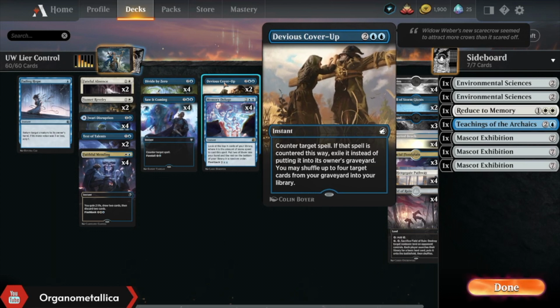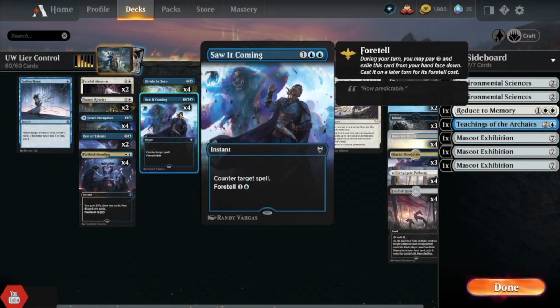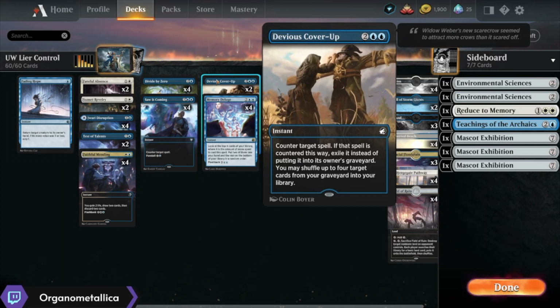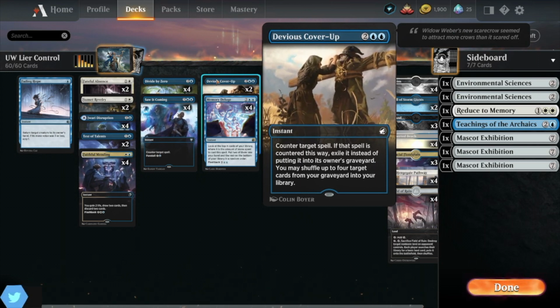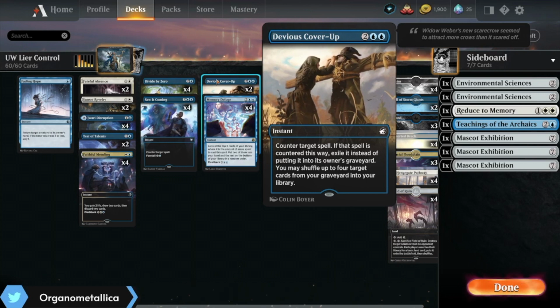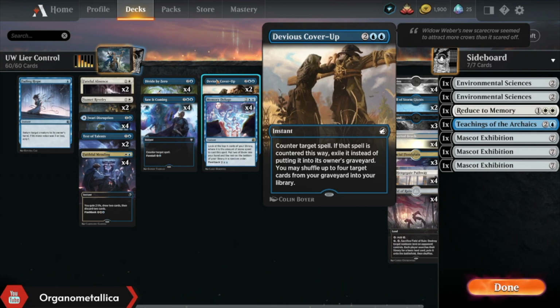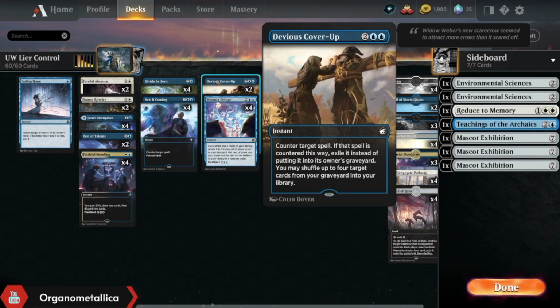Devious Cover Up. You might say, well, we've got Sorcerer Cummings. What's the Devious Cover Up doing there? It's a really expensive counterspell. I really love the 2 of Devious Cover Up, and not every deck can afford it. That's fine, but in the decks where you can justify it, it's really, really great,